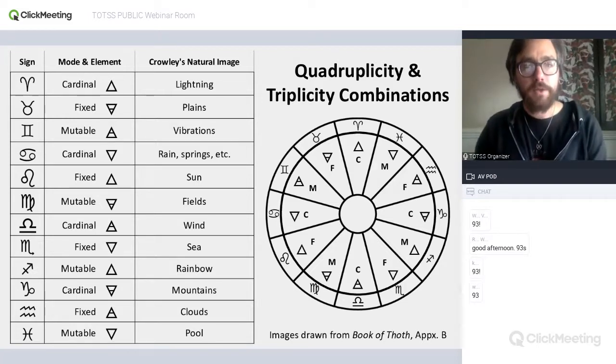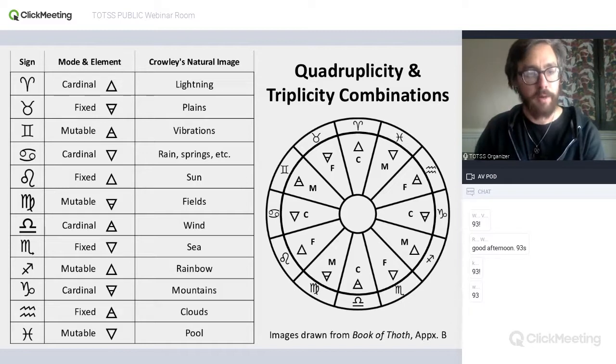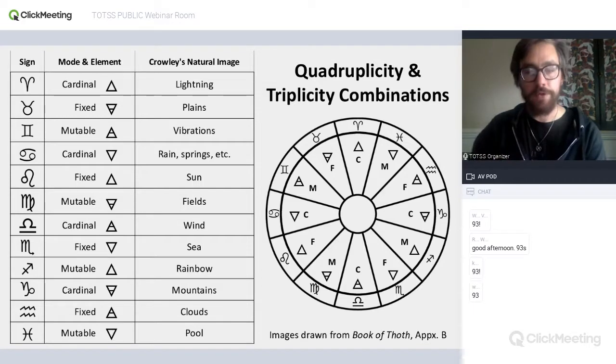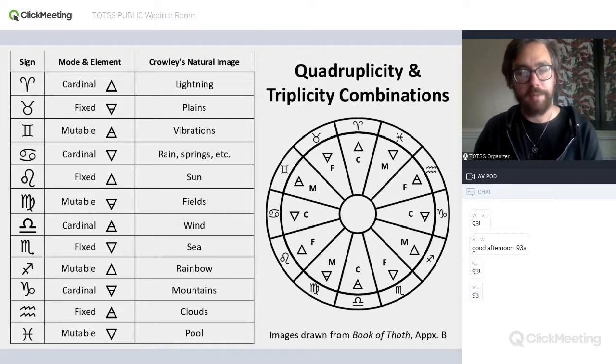All right, so now we can do combinations of quadruplicity and triplicity here. So I was trying to think of what the best way to get at this and to talk about this would be. And I think one nice way here is to use images. So I've used these natural images that I got from Crowley. This is I think also in his General Principles of Astrology, the book he did with Evangeline Adams.